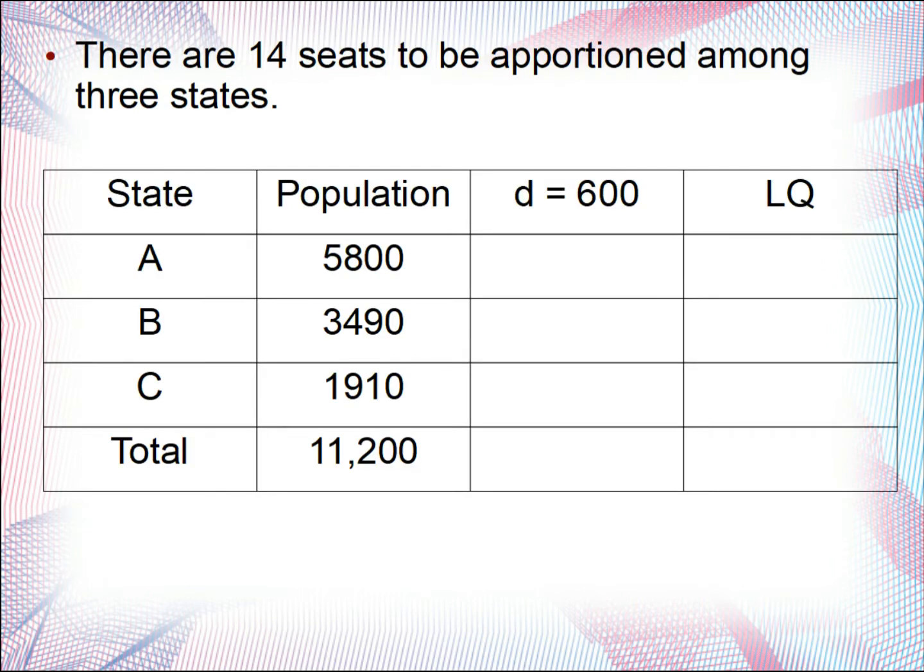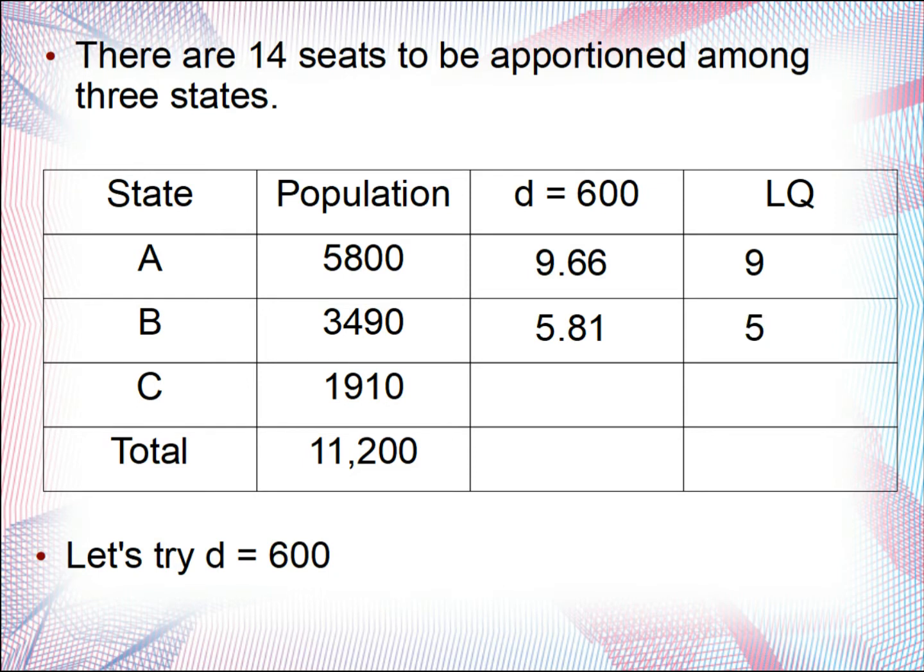So let's go back to the problem here. I am going to pick d to be 600. There's nothing special about 600 except for that it is smaller than 800. So this time we're going to take the population and divide it by 600. So for state A, 5,800 divided by 600 is 9.66. Lower quota is 9. And we continue going through this for the other states. For state B, our modified standard quota is 5.81, lower quota is 5,